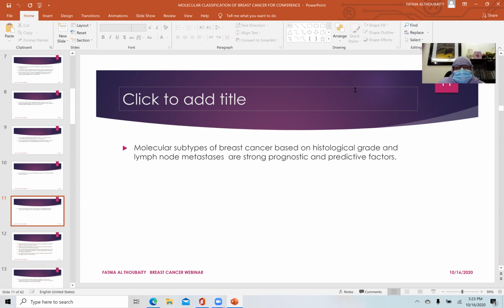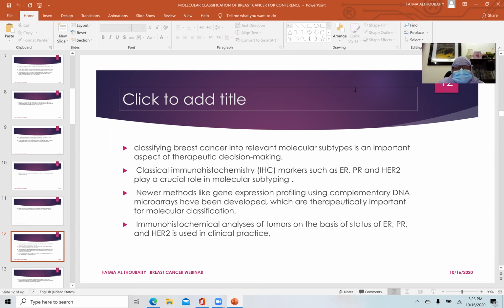Molecular subtypes of breast cancer based on histological grade and lymph node metastasis are strong prognostic and predictive factors. Classifying breast cancer into relevant molecular subtypes is an important aspect of therapeutic decision making. Classical immunohistochemistry markers such as ER, PR, and HER2 play a crucial role in molecular subtyping. Newer methods like gene expression profiling using complementary DNA microarrays have been developed, which are therapeutically important for molecular